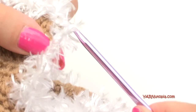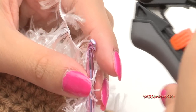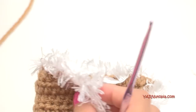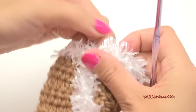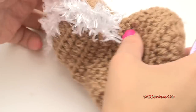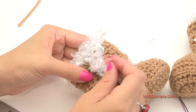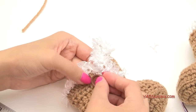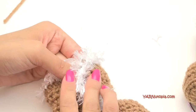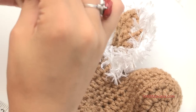Alright, I'm just finishing off here by slip stitching, and then to fasten off I usually just chain one, cut my yarn or my fur, and pull that all the way through and pull tight, and then I'll sew that in. But I just want to show you now you can attach your button here. So again, just like how we did for the left booty, we're going to put this right at the edge here on the line that's corresponding with the buttonhole, and we'll take our yarn,